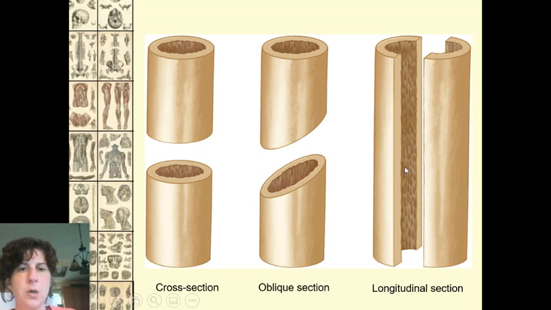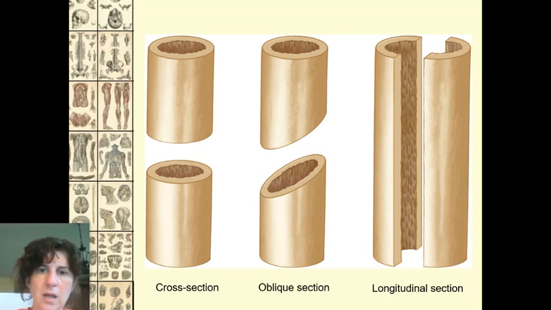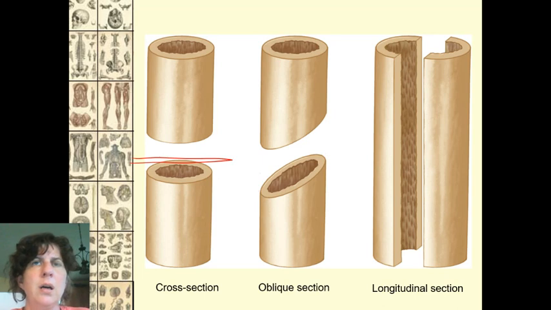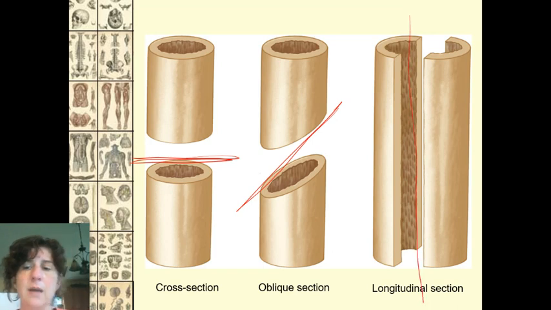As far as organs go, when we start to cut organs, and this would be like a bone, this looks like a bone in this picture, or cells or tissues or something like that, usually smaller objects, you can do different cuts. A lot of times you'll see this with microscope slides, or use these terms. But if I go across here, which on the larger body itself is homologous to a transverse section, on a bone or an organ we call it a cross section. Oblique is just at that angle, and then longitudinal takes the length of it and cuts it in half down. Okay, and you do get different views of things from that too.